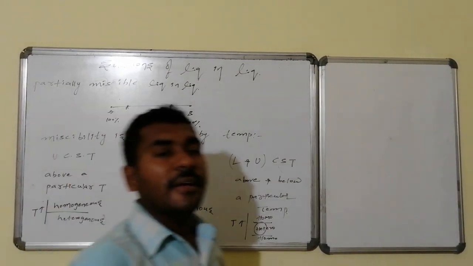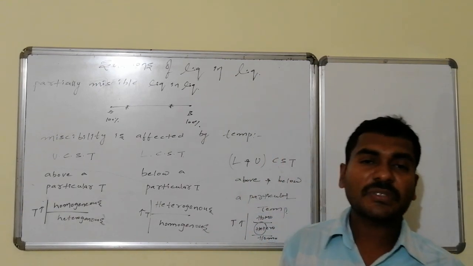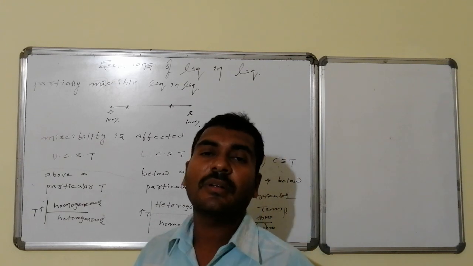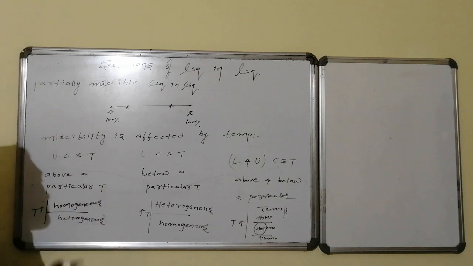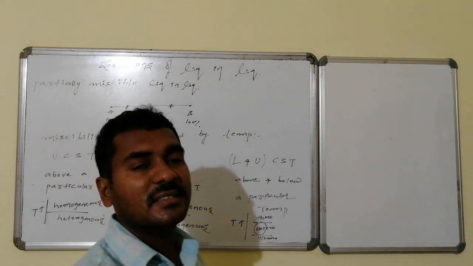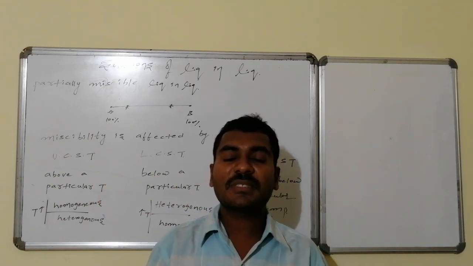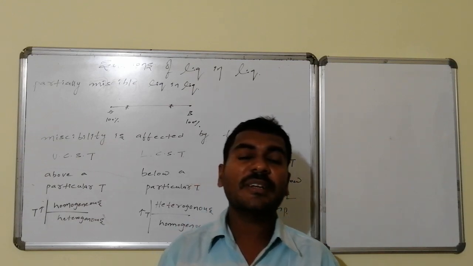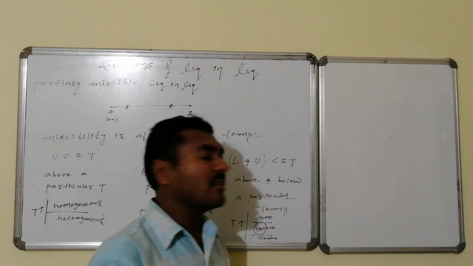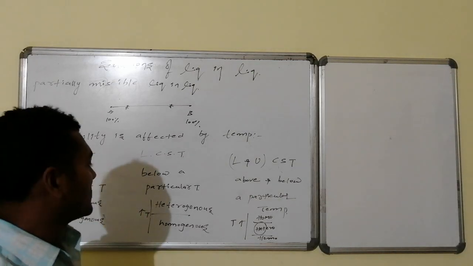Temperature has a great effect on the critical solution temperatures. In certain partially miscible liquid in liquid solutions, above a particular temperature it becomes a homogeneous mixture, but below that temperature it separates into two different layers and appears as a heterogeneous mixture. Such systems are said to be upper CST, that is upper critical solution temperature, liquid in liquid mixtures, because above this level they appear as homogeneous systems.